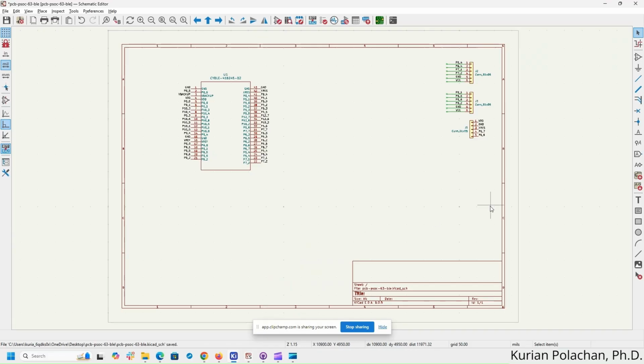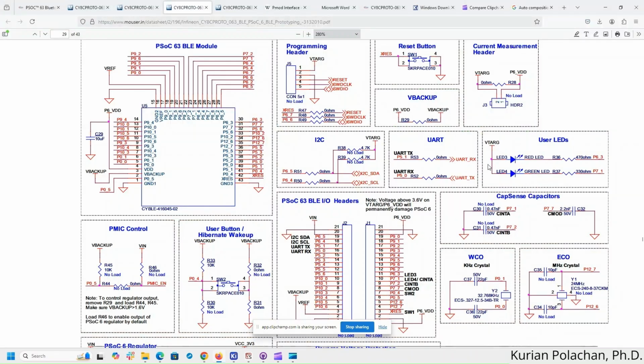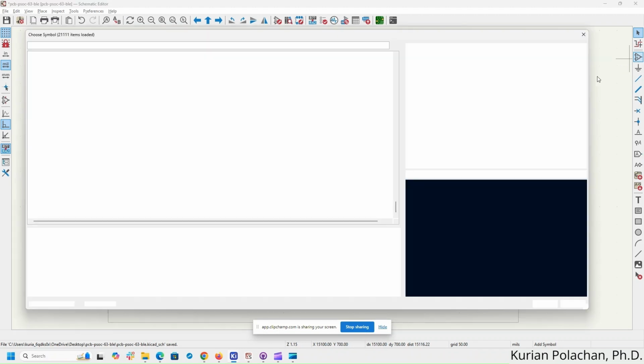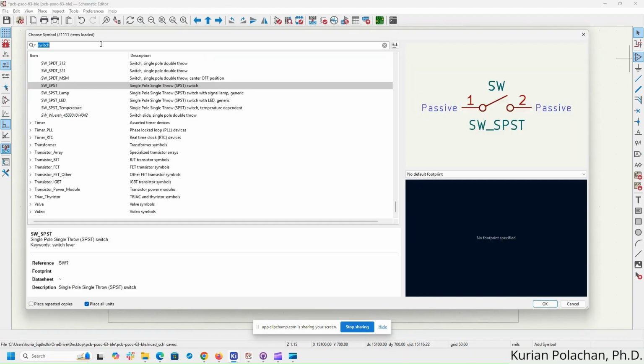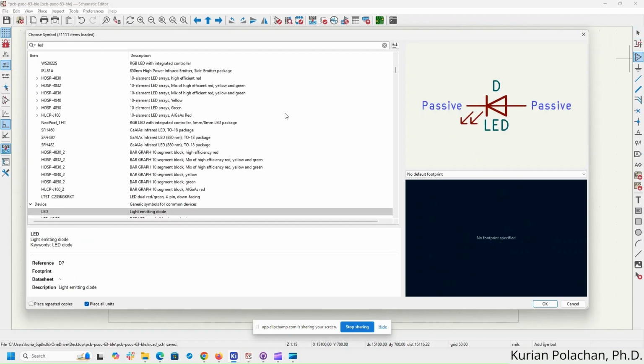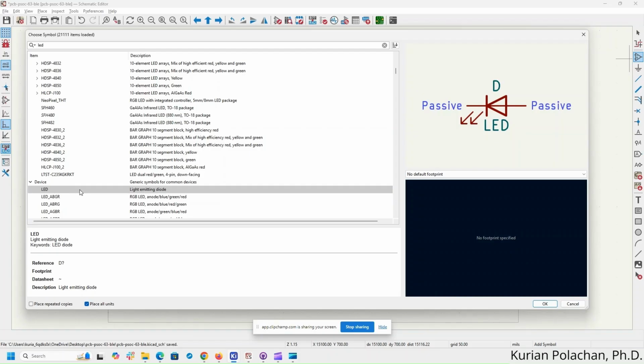So let us start by adding the LEDs. Let us say that we need to have two LEDs. So go and click on the add symbol option and search for LED. So you can select the LED